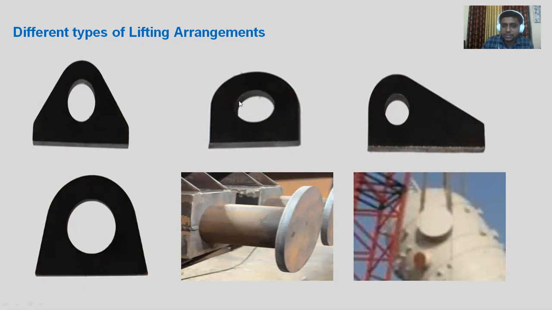So here we can see that the shear strength, or the shear area rather, is more in case of this type of lifting lug than this type of lifting lug. The base will be the same, let's say. So because of the base, the bending moment resistance will be the same at the bottom, but at the top